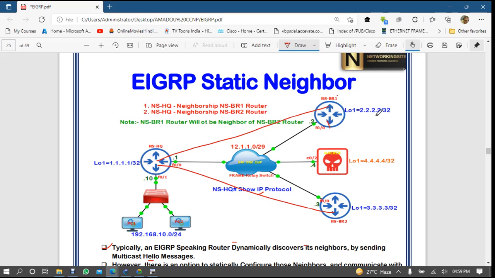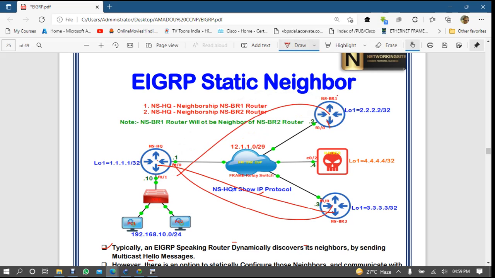But now it's a mesh neighborship like this also, right? But you want to say, no, I want branch neighborship only with headquarter.